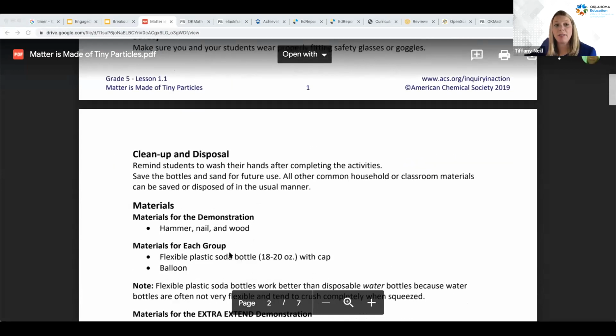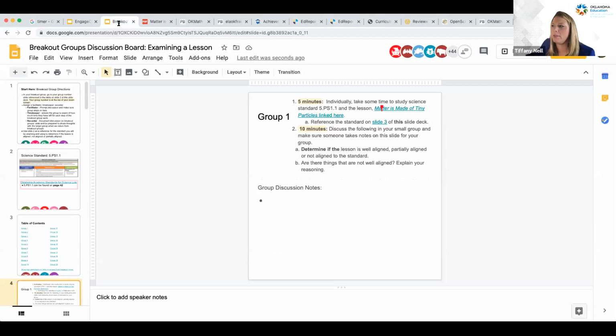So again, if you have a copy of the lesson and you have a link to the standard, you can begin to really think about, is this lesson well aligned or partially aligned? And for those of you who are staying in the main session, I'm just going to put a link to the standards document. That may be a little easier for you. If you'll give me just a moment.